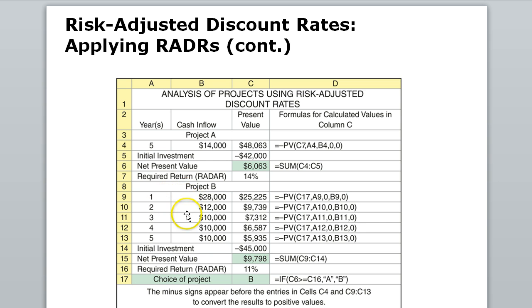Project B, we have to calculate each cash flow separately because they're not an even stream like project A. So we find the present value of the cash flows from year 1 to 5, subtract the initial investment, find the net present value using the RADR, and we get $9,000. So in this case, the net present value of project B is higher than A. We should choose project B. And we have a little if statement here to automatically select project B,